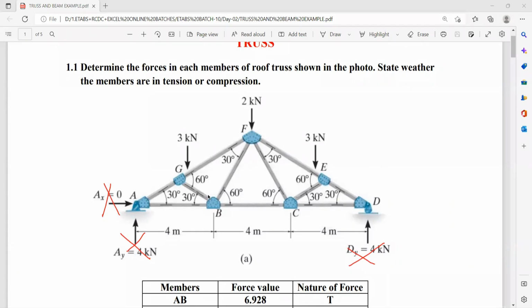You might have done this kind of problem in your academics, in engineering mechanics. Am I right or wrong? Yes, sir. Okay, very good. Now coming back,